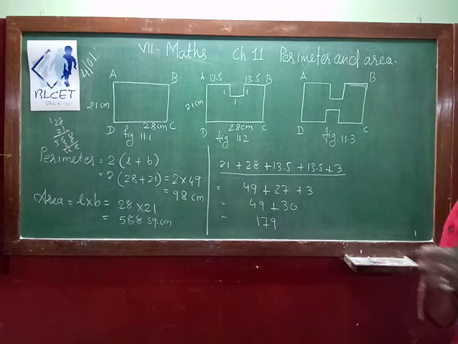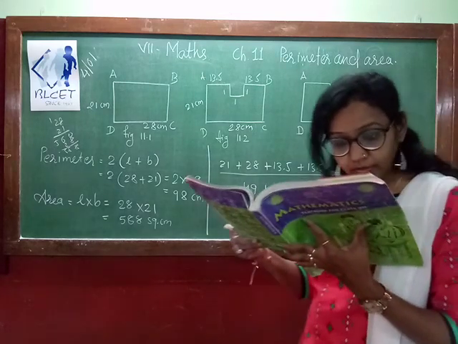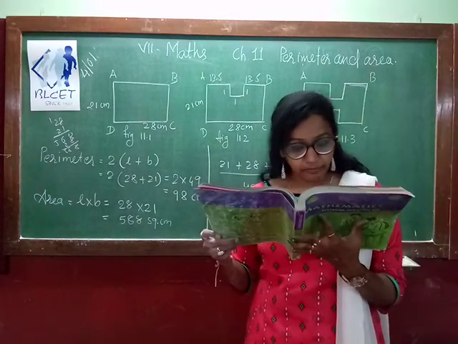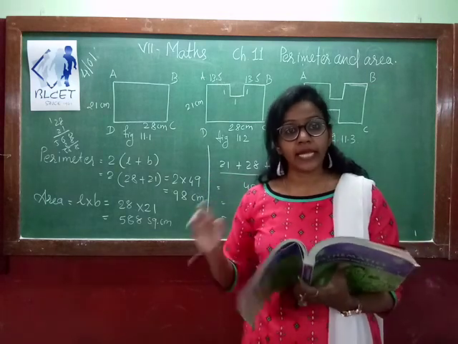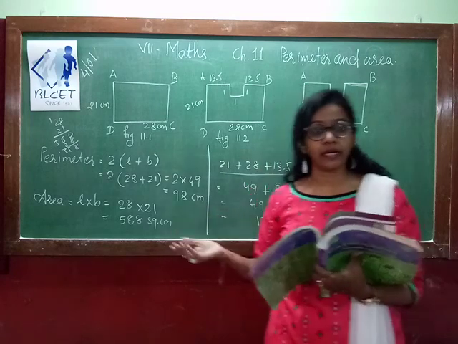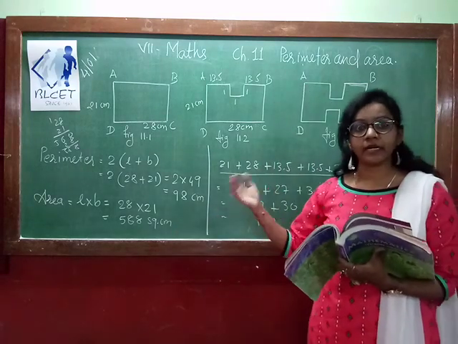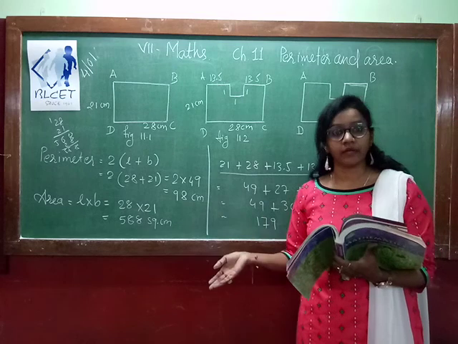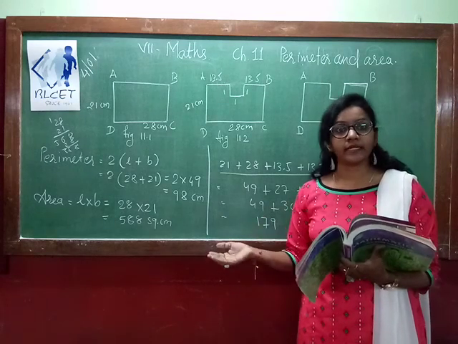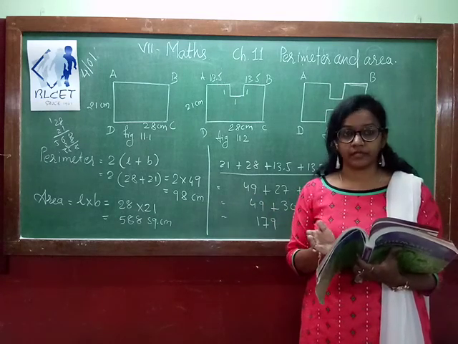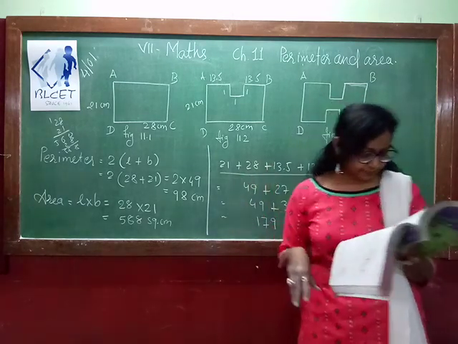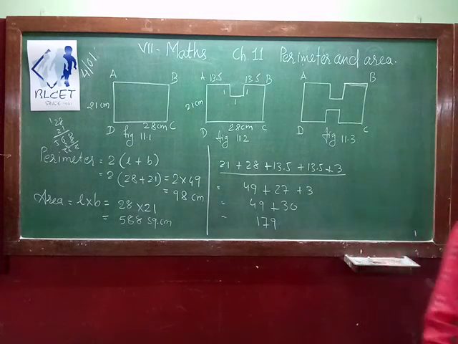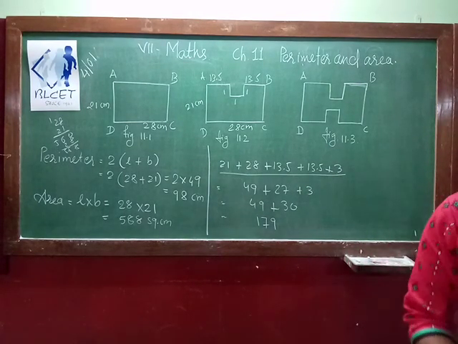So let's see in your textbook. It is clear that the increase of perimeter need not lead to increase in area. Means area and perimeter are not interrelated. Increased perimeter doesn't mean area also increased, or increased area doesn't mean perimeter also increased. You can judge this from these three diagrams. So this is all about area and perimeter of square and rectangle. Now we will move on to the solved examples.